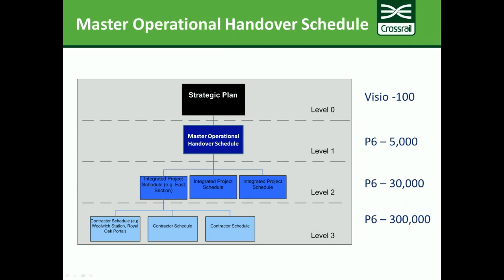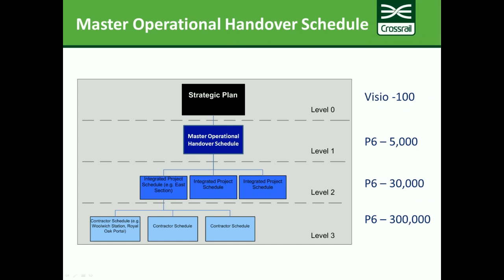So in a sort of picture format, we have a number of levels of plans. The highest level, as in the previous slides, we have a strategic level plan, level 0 as we call it, maybe 100, 150 activities, but it's basically a very large sheet of A0, which is pinned up around the walls in Crossrail here in Canary Wharf in London and other offices. Then at lower level, we have an integrated level 1 program, which is really our proper integrated program at level 1, which is up to sort of 5,000 activities. We run our schedule risk analysis on that model, but it's very much managed and looked after by our sector planners,